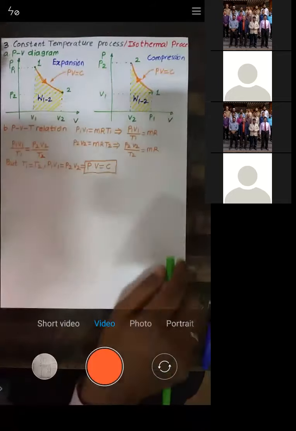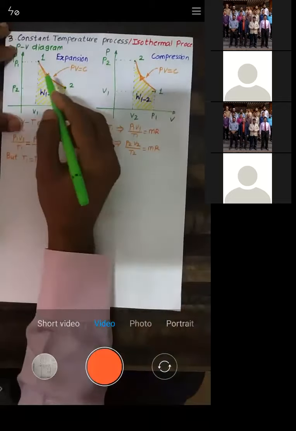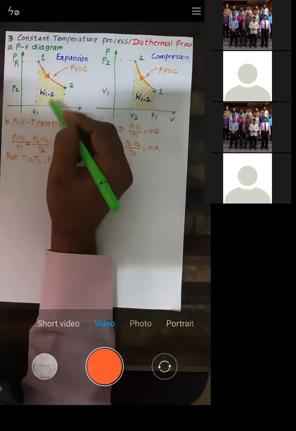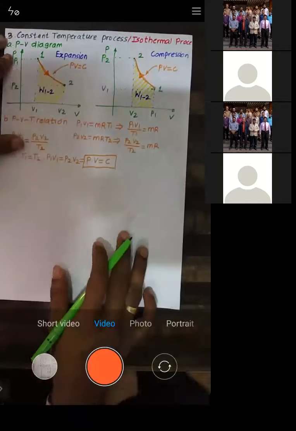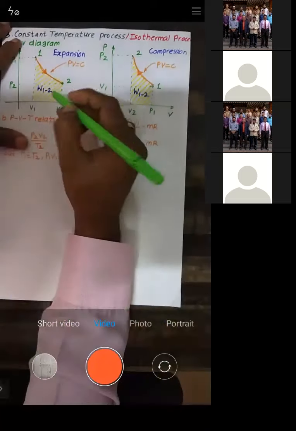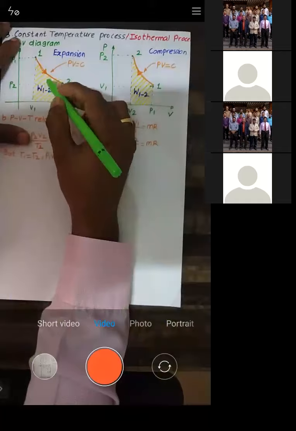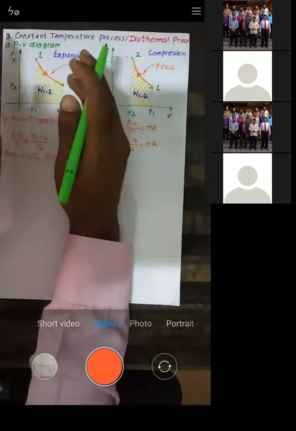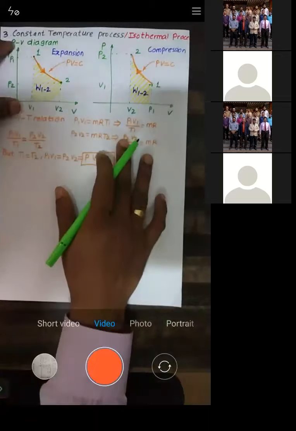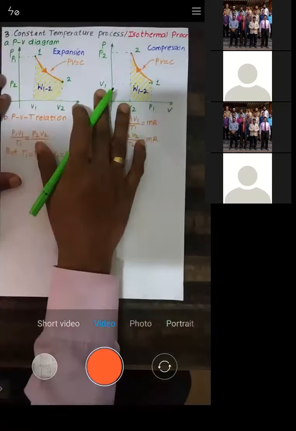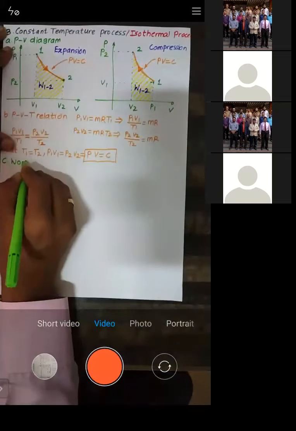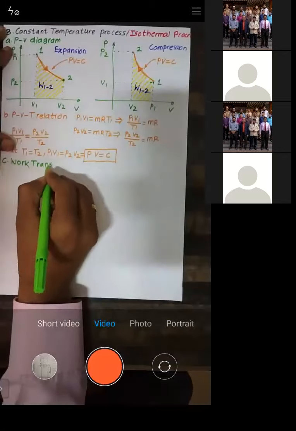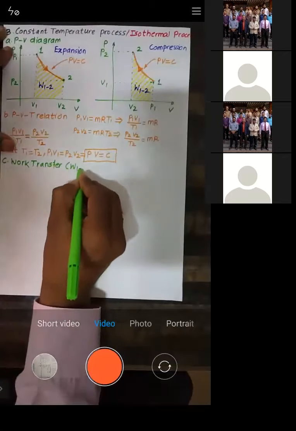As I told you, the area below the process will give you the work transfer. Now we are interested in calculating the amount of work transfer. I can't do it directly or simply, because it's a curve, so I can't calculate it graphically. You would need to take one strip and integrate it over the domain, which is the mathematical part. So better I will use the thermodynamics formula for that. Let's go to the work transfer, which is indicated by W1 to 2.